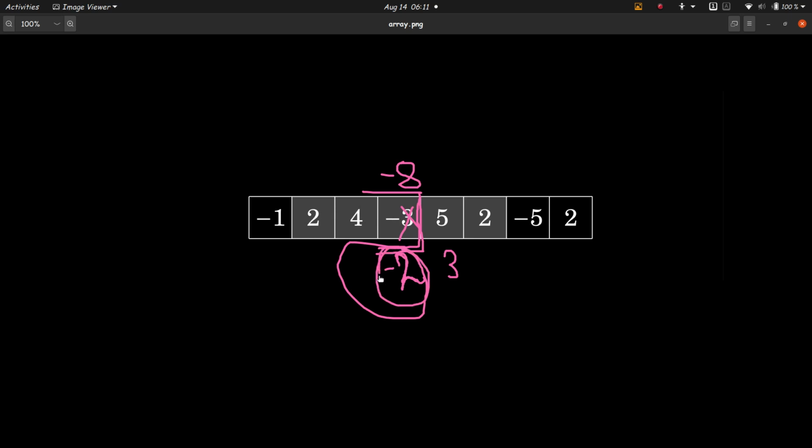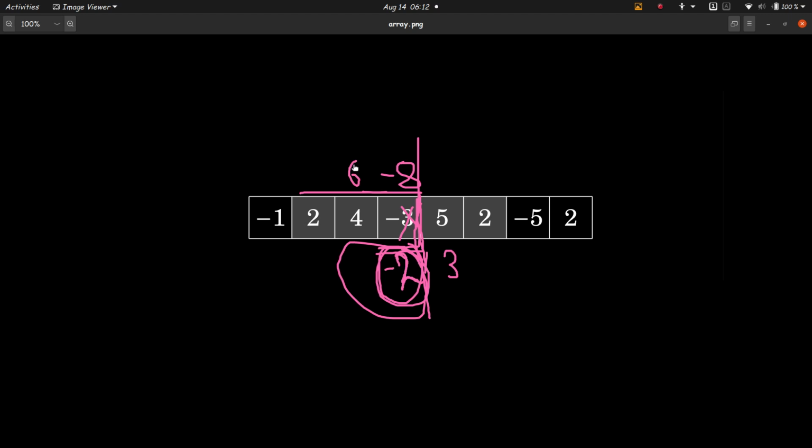As soon as we get a number like this -2, we know one thing for sure, that the elements on the left of this point will not be considered in the subarray, because it is a negative number. See, if we do not have any array beyond this point, if this was the last index, then what would happen? This is just a -8 here. So our sum up to this point was 6.